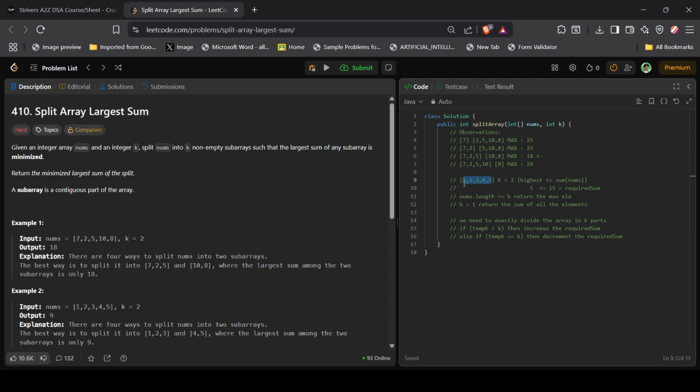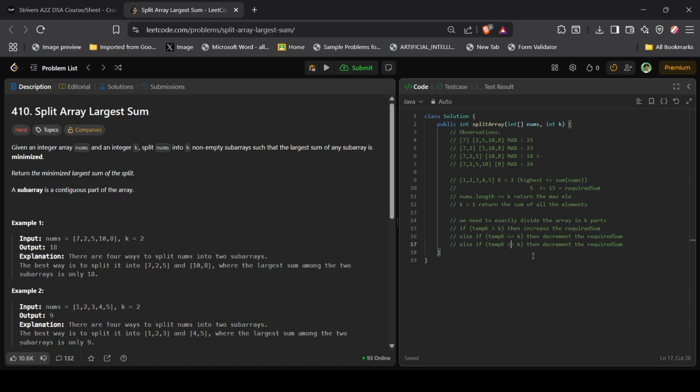So we are for sure that there must be some value that is always less than 15 when the array will be perfectly divided into two parts, right? So in this 15 case, the temp k would be 1, which is less than k, I'll just write it, less than k,